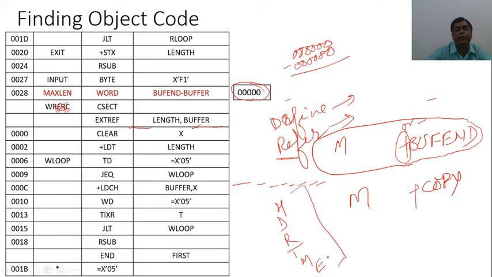These will be the records present in the object program when we consider an assembly program with control section. Now I have given the idea about how to find out the object code corresponding to each and every instruction in this program. Just apply this idea. You can see here this is format 2 instruction. Just find out the object code corresponding to this one. The object code will be B4. The opcode is B4 corresponding to clear, and X is 1, so it will be B410.